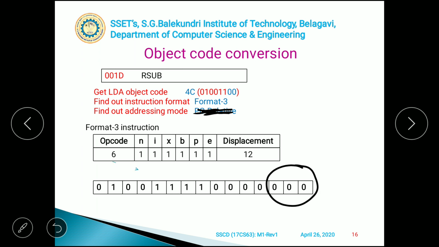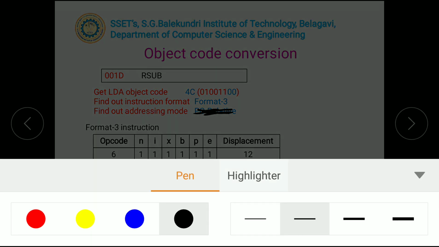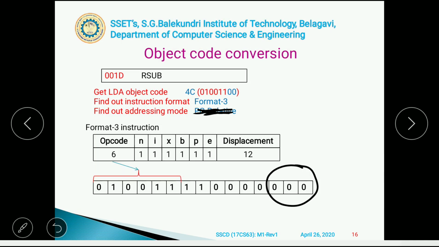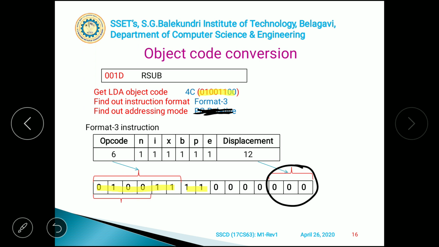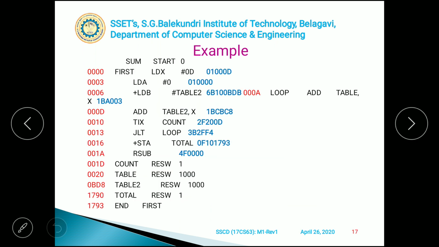Okay, so the remaining part here, as we were doing earlier, you can just check it out here. The first 6 bits are here, then the next, and I set it as 1 1, and all other xbpe bits are going to be set as 0. Finally, once you club the 4 binary bits, you are going to get 4f00, and that is our final conversion.